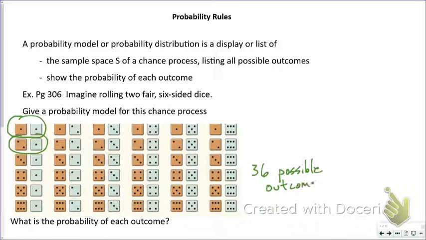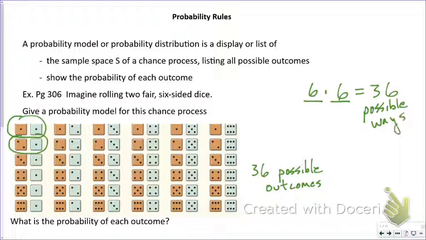There's a clever way to figure out how many possible outcomes there are. For each chance event, you do a blank space, you multiply in between, and you write how many ways each chance event can play out. So there's 6 ways for one die, 6 ways for another die, so 36 possible ways. So that's a nice, clever way to do it. But as you'll see in a second,